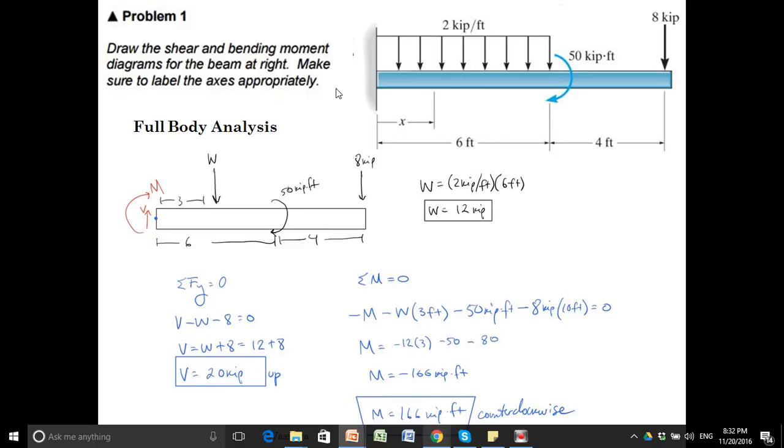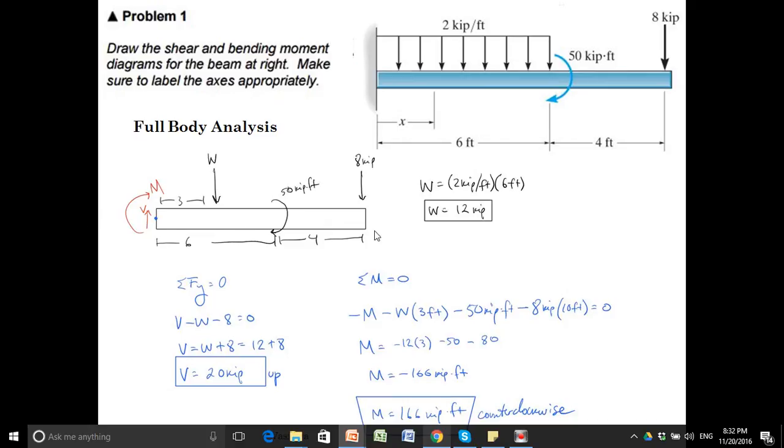Alright, so we've got something a little bit more complex compared to the quiz. The first thing you always want to do is do a full body analysis. Meaning you want to find any unknown reaction forces if you have a wall or a pin or a roller. There are no unknowns if a beam is hanging freely at an end. So there's no unknowns here. The only place there are unknowns are at the wall. So at the wall we're going to solve for V, for M, and N, but N is obviously 0 because